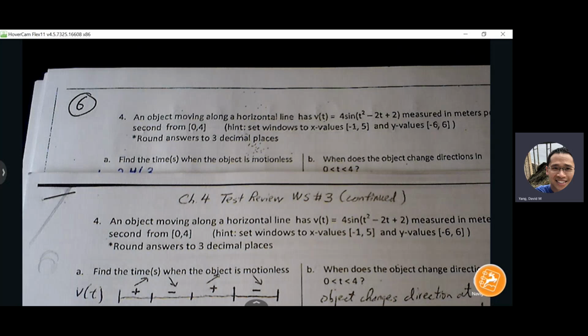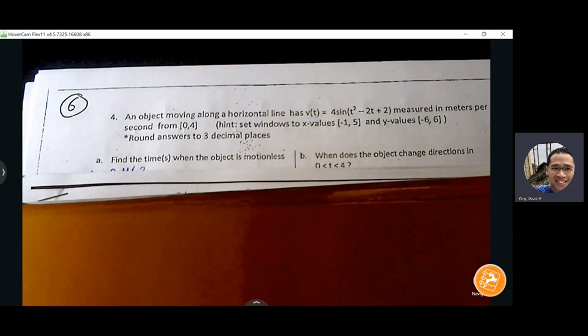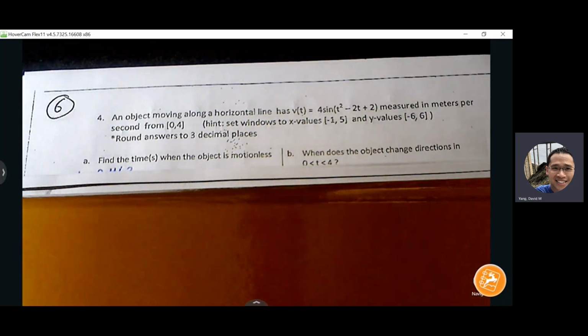Okay, so page 6. Okay, so an object moving along a horizontal line, this is a particle motion problem. Velocity is given as 4 sine t squared minus 2 measured in meters per second. We want to be able to graph this velocity function and be able to pull information from it. But also consider this as your velocity, your derivative graph as well. Okay, so in your calculator,